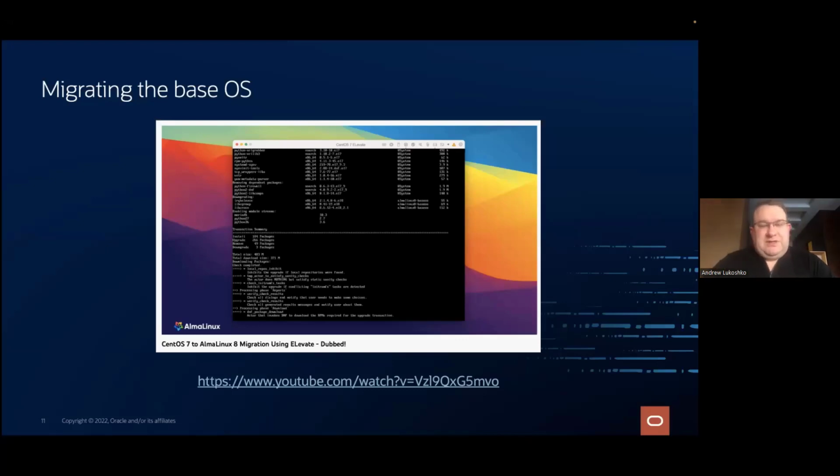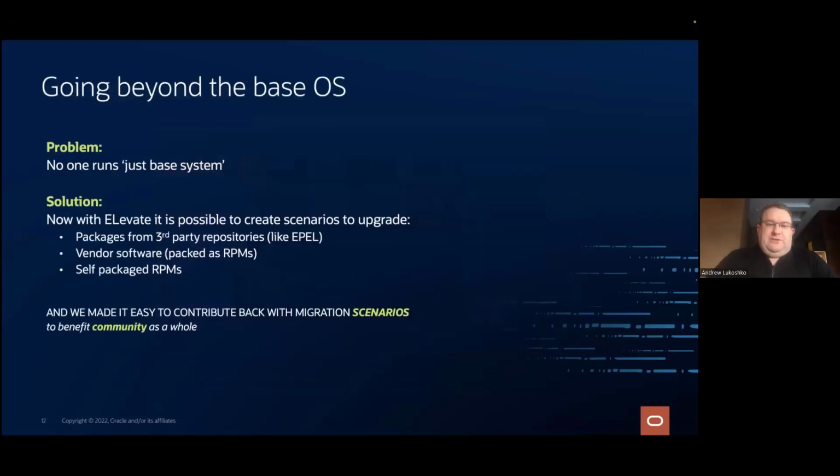But today we will have a more complex example. And we will have it because actually in the real world, no one uses base OS. Most likely you will have Apple repo enabled, probably you have Nginx repo enabled, or some other repos and so on. So the problem, it's a problem from a lib framework, and we added